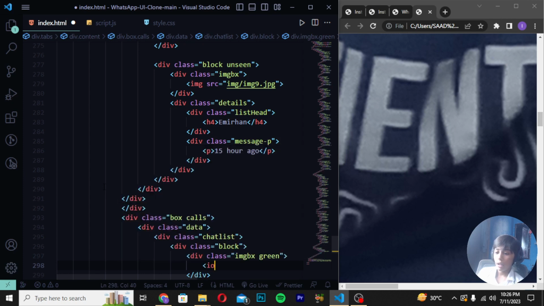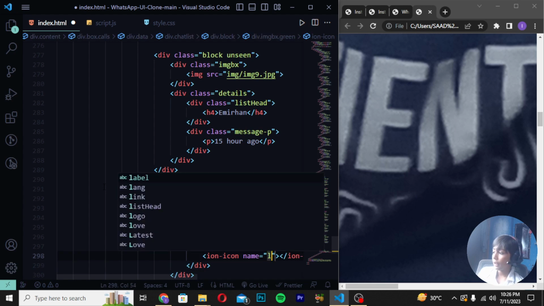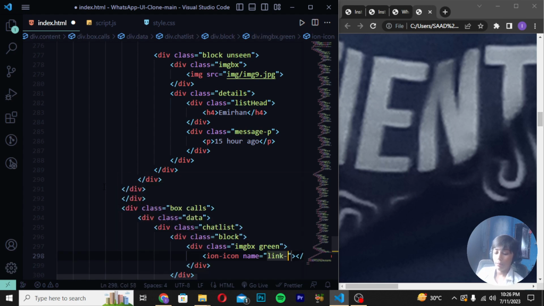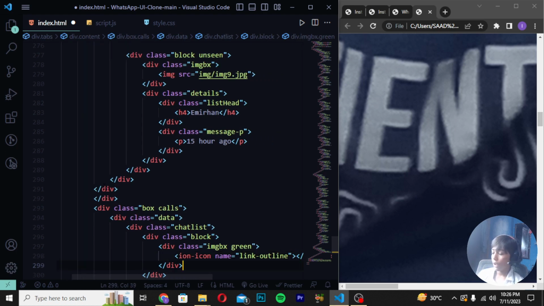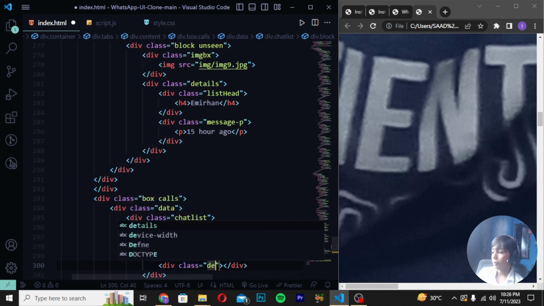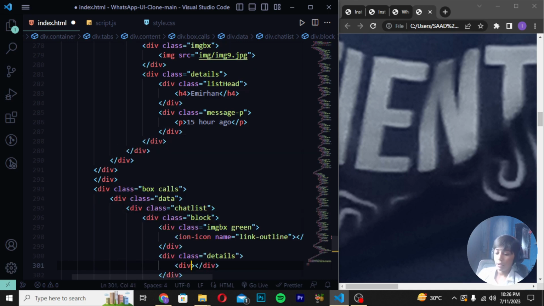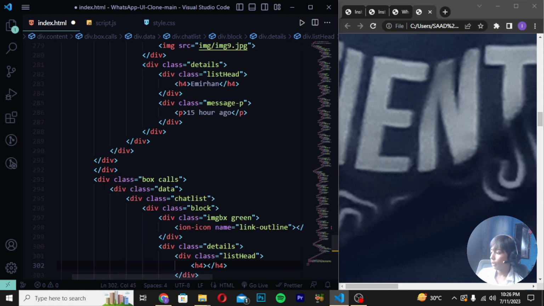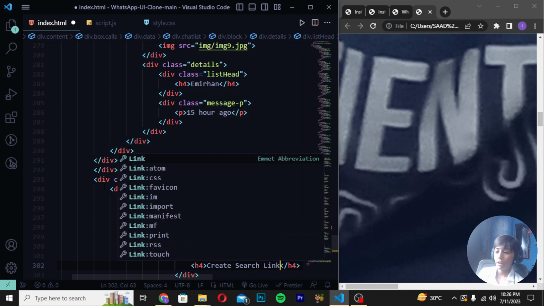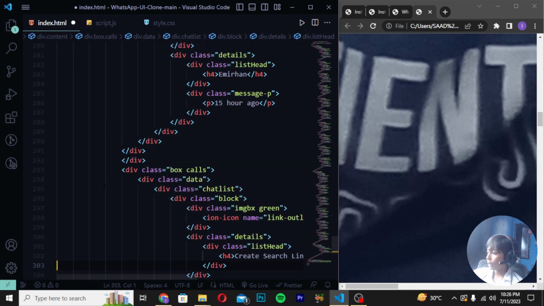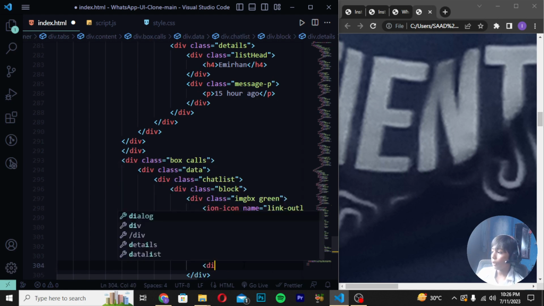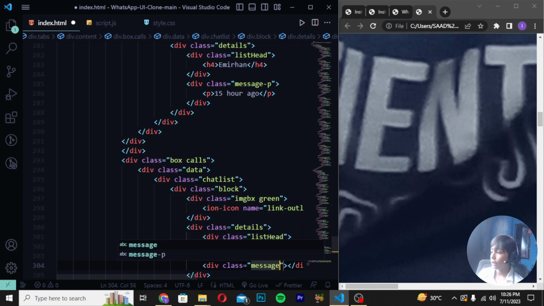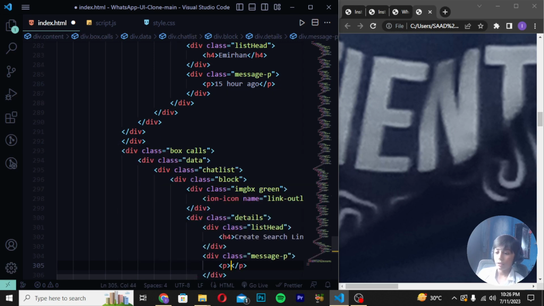and here I will write ion-icon, and here I will write name should be link, should be outline, and now what we can do here we can write div class will be details, div class will be list head, and now h4 create search link, and now here I will go down, and now here we can go and div class message should be p, and p should be share